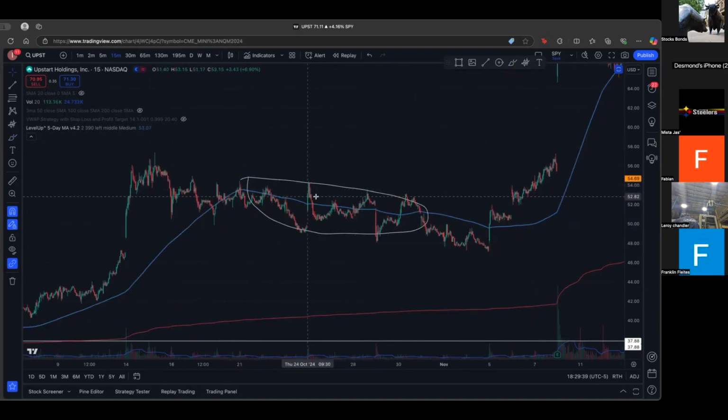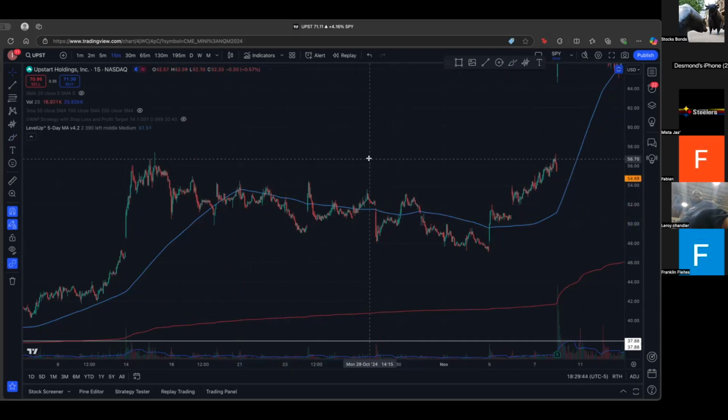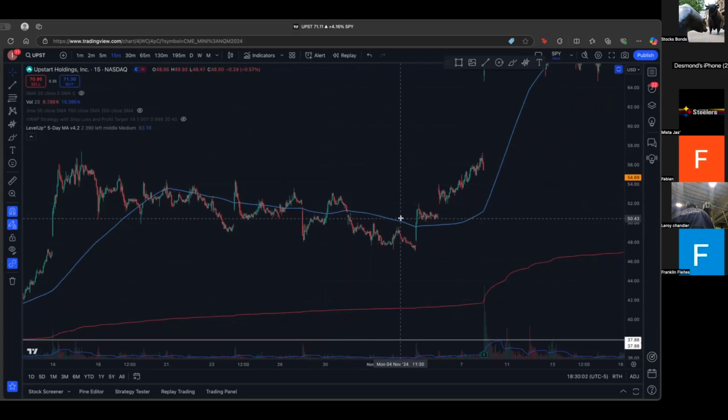When the 5-day moving average is sloping to the downside, it's telling you, even if the daily is in an uptrend, doesn't really matter, the last 5 days' worth of momentum is favoring the sellers. So if you want to open something new, you've got to wait for the buyers to take back control before entering anything. Now, how will you know that the buyers are taking back control? That is where you wait for the 5-day moving average to either flatten out or start sloping to the upside. When that happens, it's telling you the buyers are taking back control,